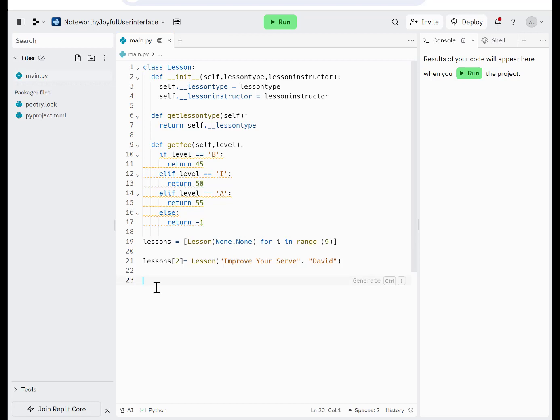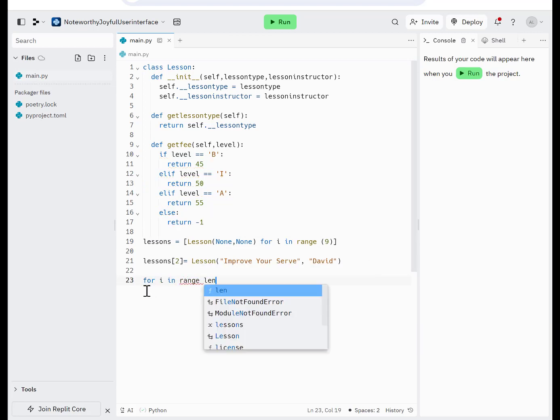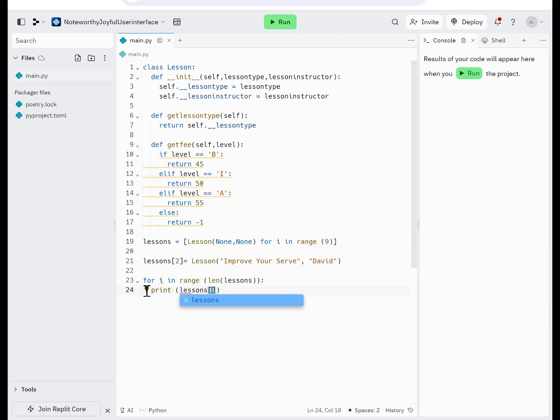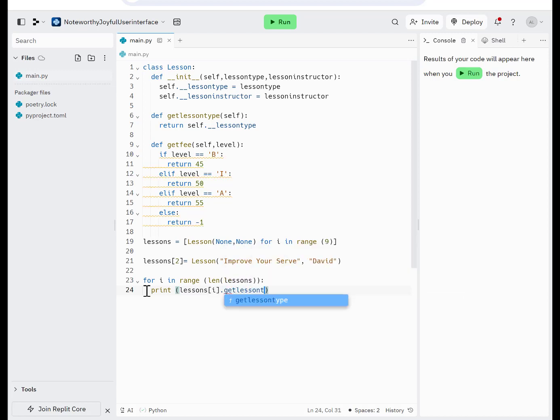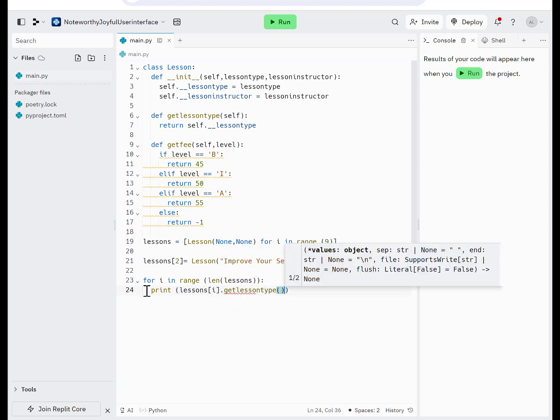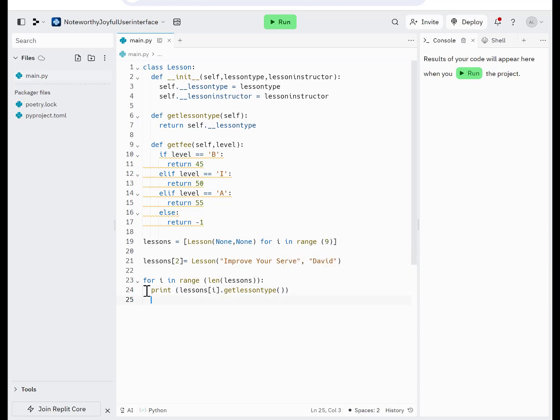Okay, so what we should have is for I in range length of lessons, and we're going to print lessons I dot, and let's do get lesson type, and print